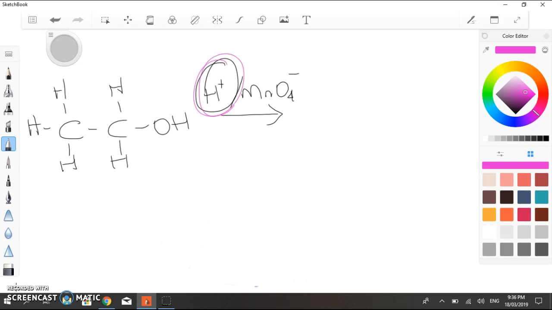If it's not acidified, you're going to get different colour changes. So the colour change in this reaction is going to be purple to colourless. Now what happens in the first stage of the reaction is that the hydrogen off that carbon as well as the hydrogen off the oxygen are removed, and we get an aldehyde,